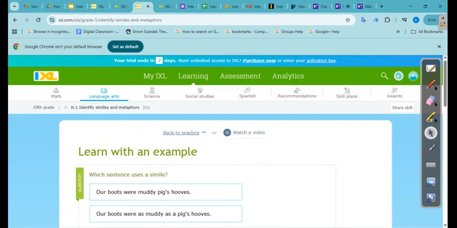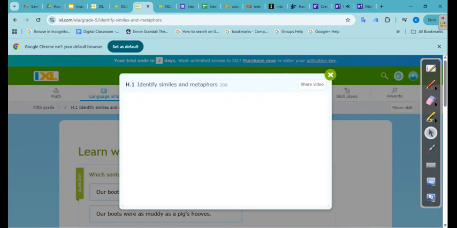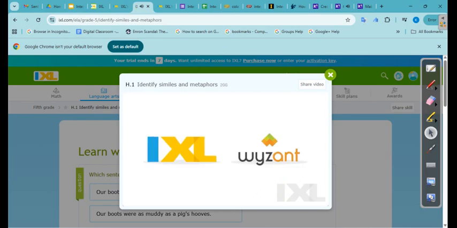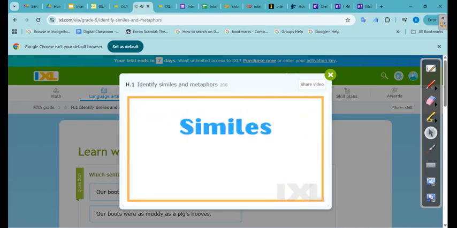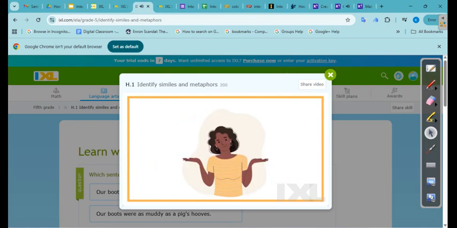What do you mean by metaphor? How are they different? Now, if you cannot understand that, you can come here to watch a video. So, watch a video is here to explain simile and metaphor. So there are videos to actually explain it. So that is the explanation. And